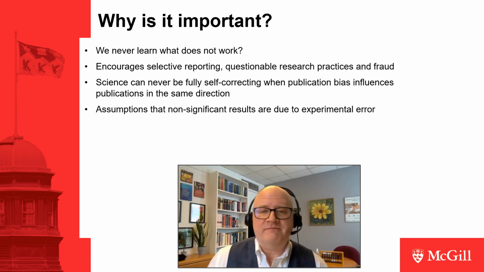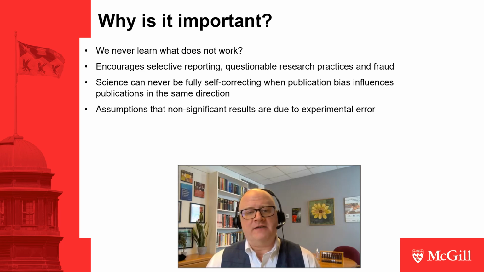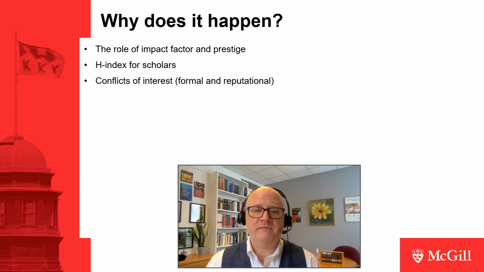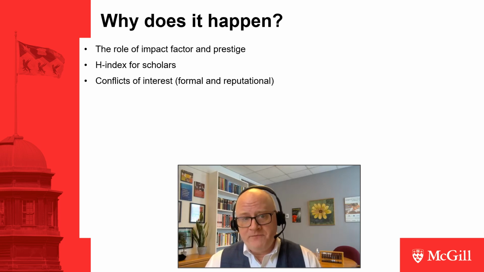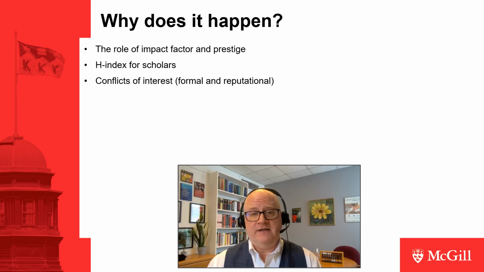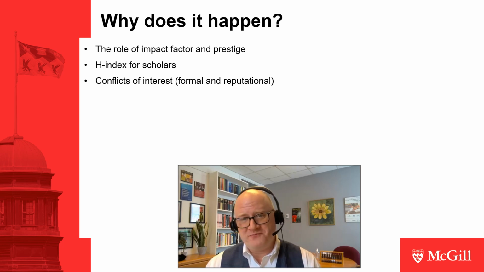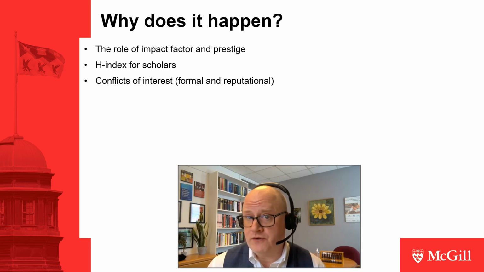So the assumption, and why we tend to have it, is that non-significant results are due to some kind of experimental error or failure to control. This is not necessarily the case, but this is a commonly held belief. So why does it happen? It happens because journals get status by having what's called a high impact factor. That's how often their articles get cited by other journals. Do people who write articles cite these papers? This creates an impact factor, which is numerically derived, and it's a measure of prestige of the journal.